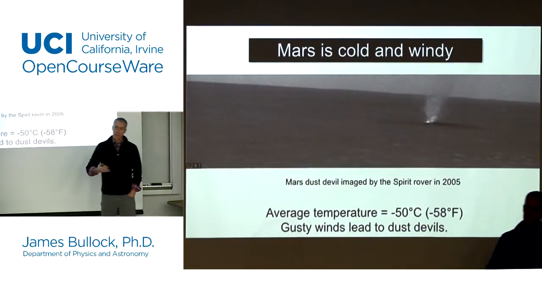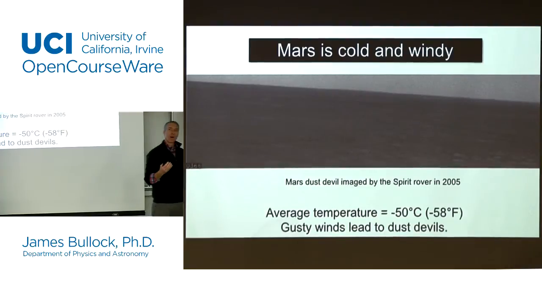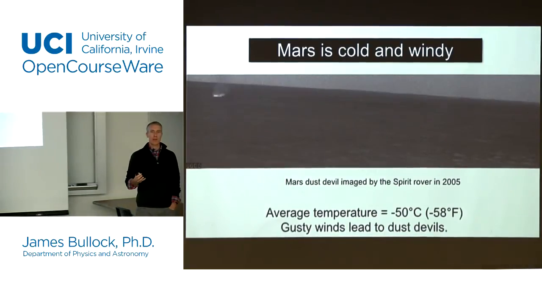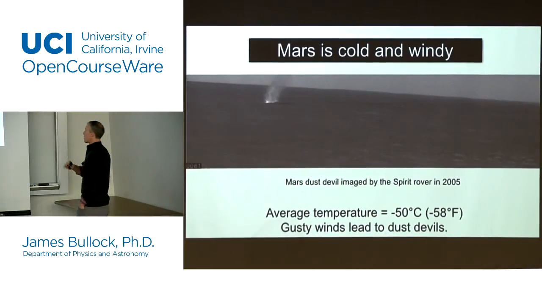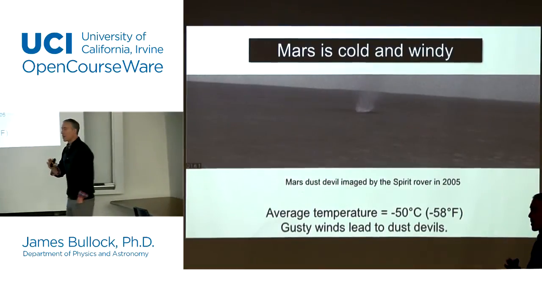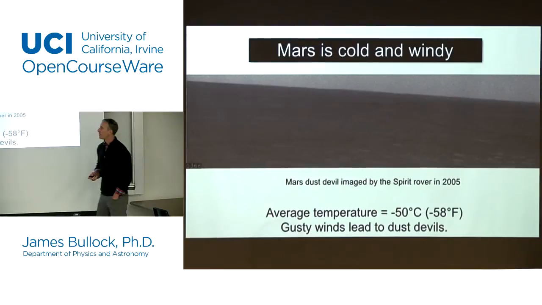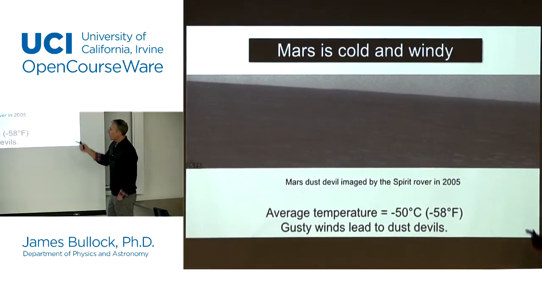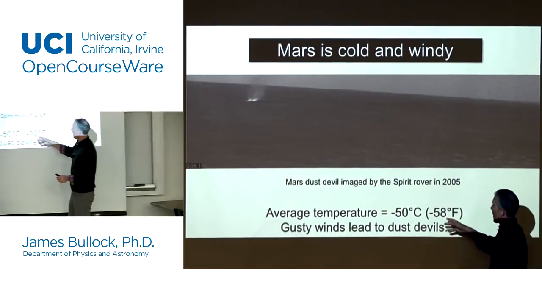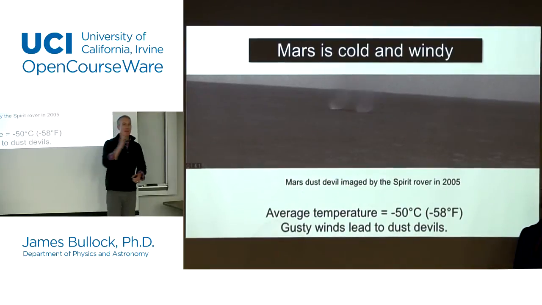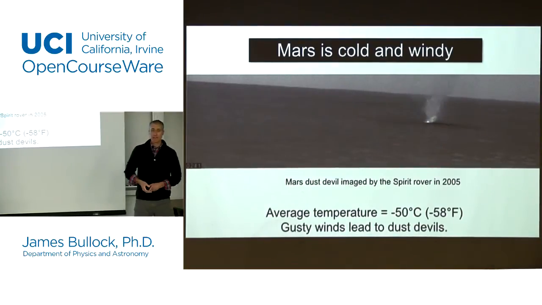And you start to get the sense that comparing Mars to a desert is a pretty good comparison. I mean, it's windy, it has extreme changes in temperature, and it's extremely, extremely dry. There's almost no water vapor at all on Mars. Now, the average temperature on the surface of Mars is something like minus 60 degrees Fahrenheit, but that can vary a lot throughout the day.